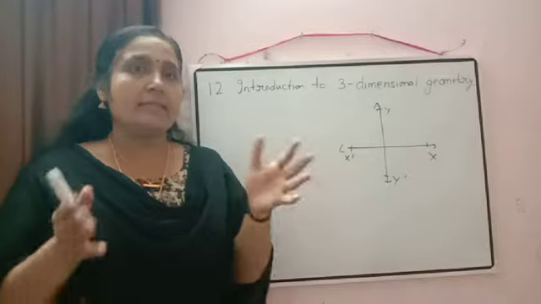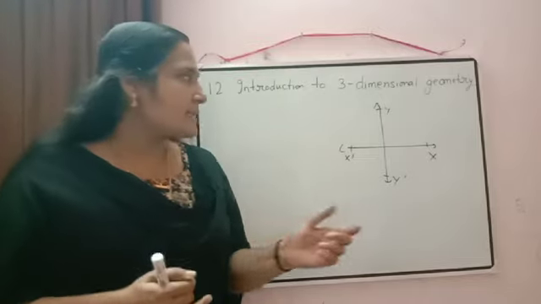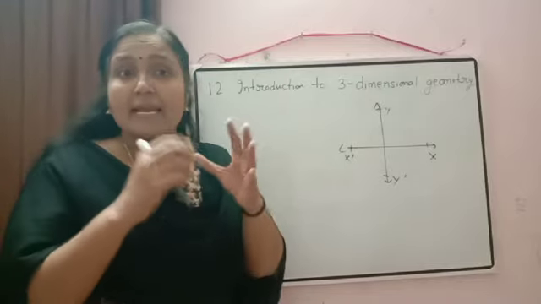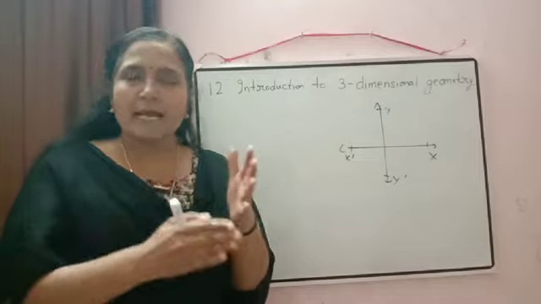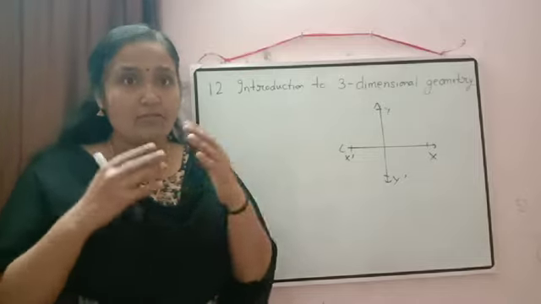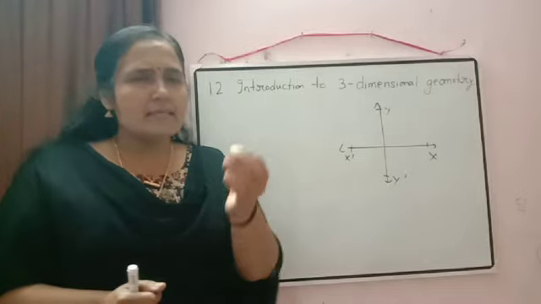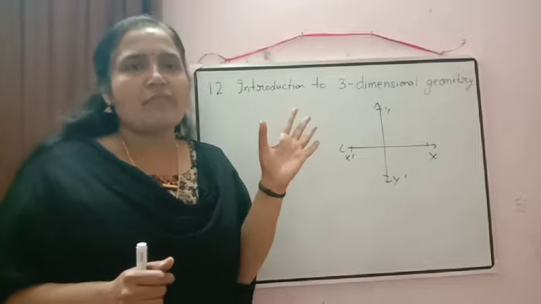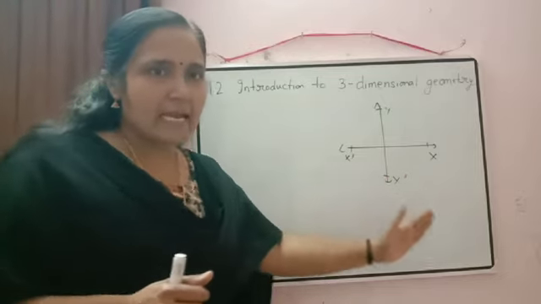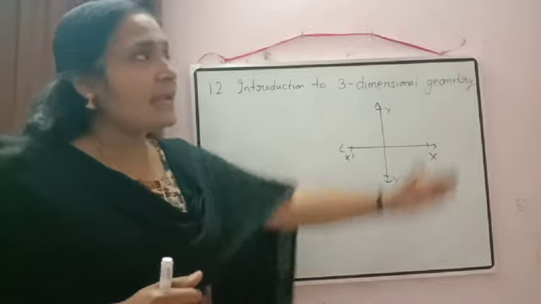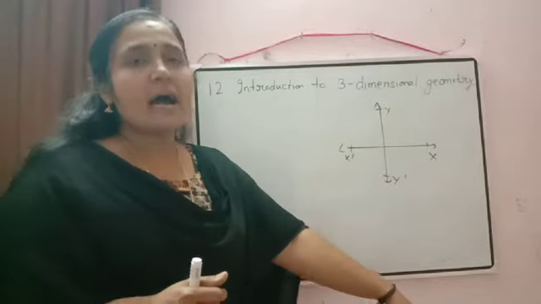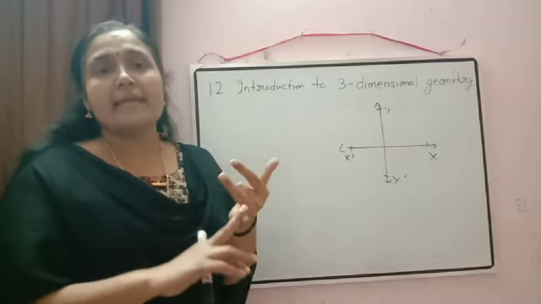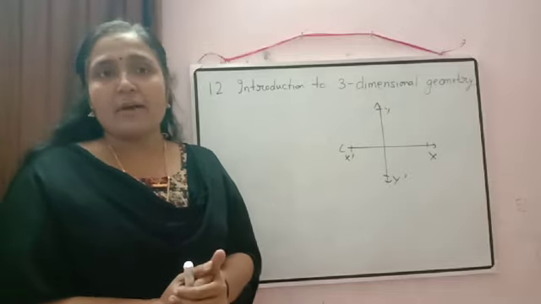So in the same way, in three-dimensional geometry also, the x-axis and y-axis are already there. Now we are including one more axis, that is the z-axis. So in the same way, the x-axis, y-axis and z-axis will also be perpendicular to each other. Simple example, if you want to check this concept, just check any corner of your room. In that you can see length is there, breadth is there and height is also there, and all these are perpendicular to each other. So the x-axis, y-axis and z-axis all are perpendicular to each other.